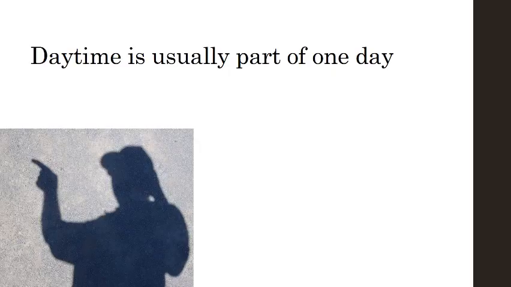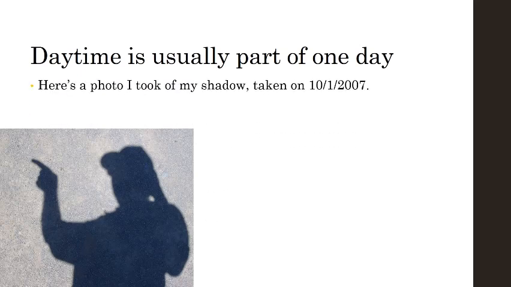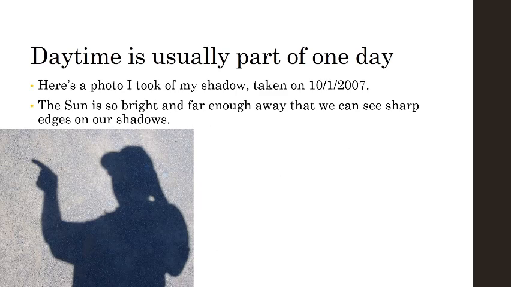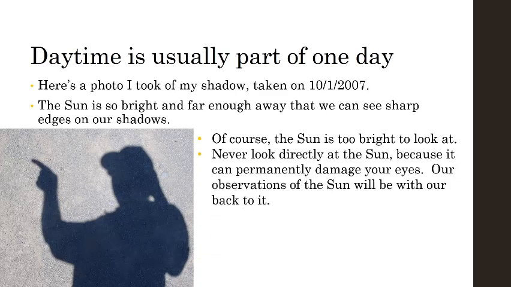Now, daytime is usually part of one whole day. And here's a photo I took of my shadow. When you look at the shadow, you can see that it's got sharp edges. And that's because the sun is so bright and far enough away that we can see sharp edges on our shadows. Of course, the sun is too bright to look at, and we never ever look directly at the sun because it can permanently damage your eyes. So our observations of the sun will be with our back to it, like I have,